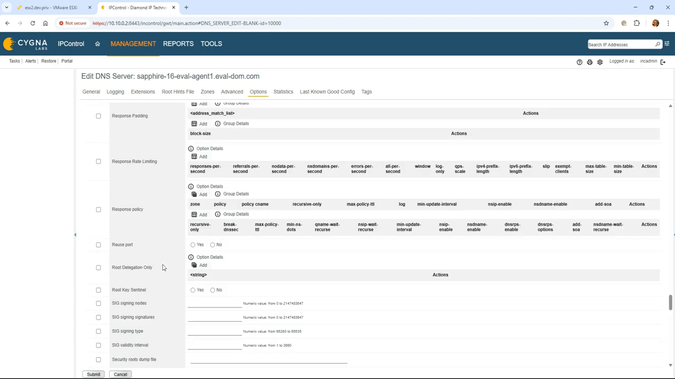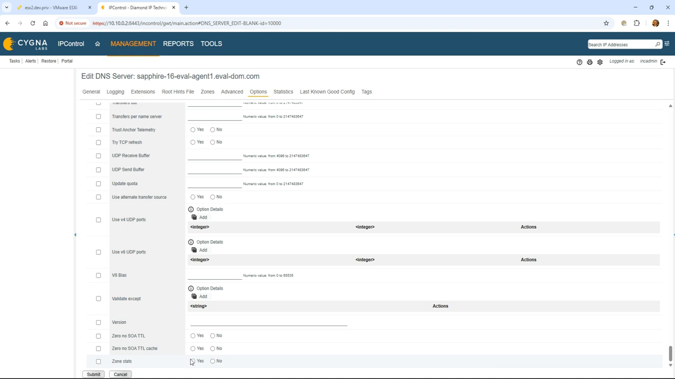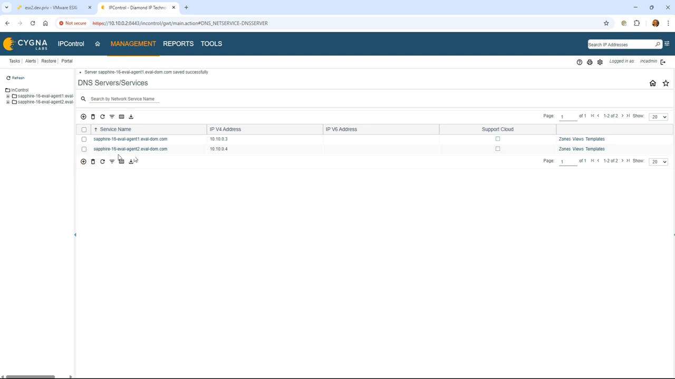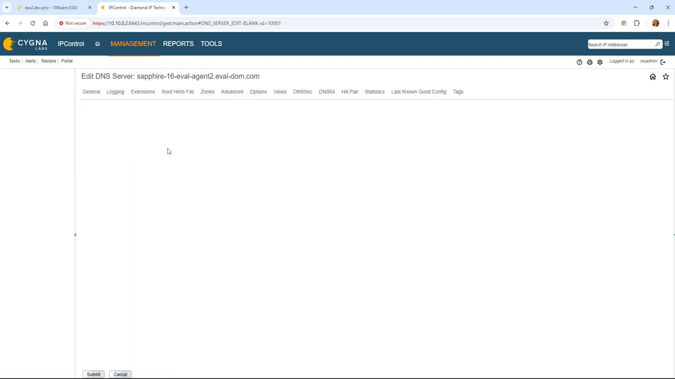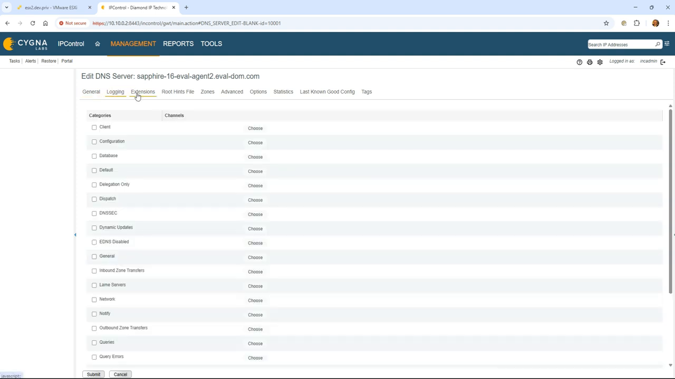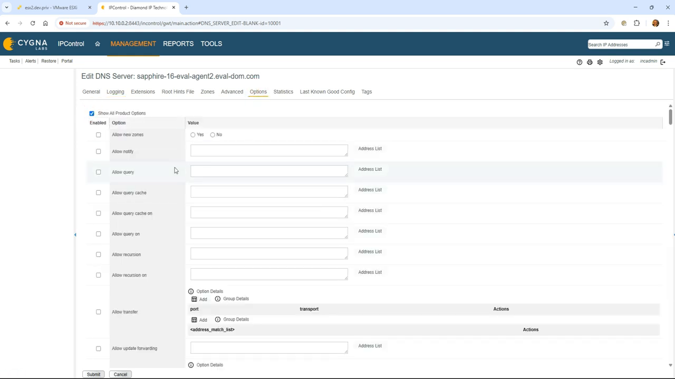and look for our recursion. Yes. And then let's just go down here, zone stats, and enable that. Okay. And that'll be our primary, and then this will be our secondary. And normally you wouldn't have your primary doing those types of options. And again, we'll go over this maybe architecturally in some other documents and cover that. I'm going to set the options on these